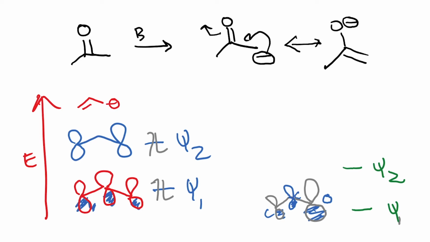And now when I come to psi2, which is the next highest orbital, we actually have a larger lobe in the carbon and then a much smaller lobe in oxygen. And so therefore the orbital over here is much smaller compared to the oxygen for psi1. Okay, so these are the two molecular orbital pictures.